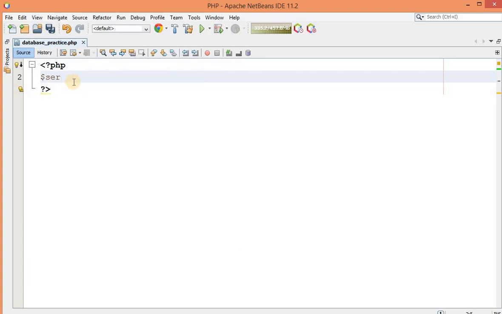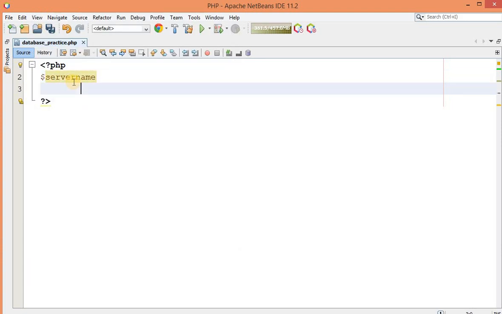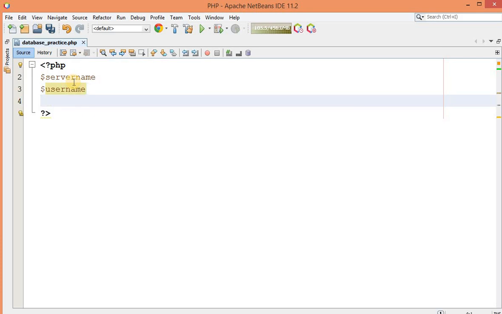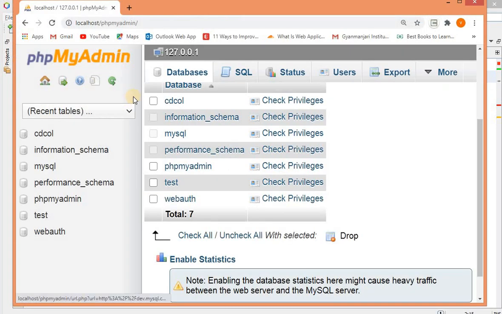The first one is server name, the second one is username, and after that password. Now over here I am running my application over localhost, that means using my XAMPP local web server.